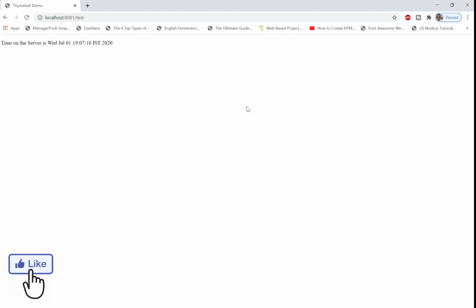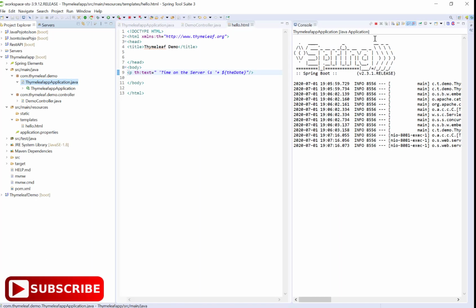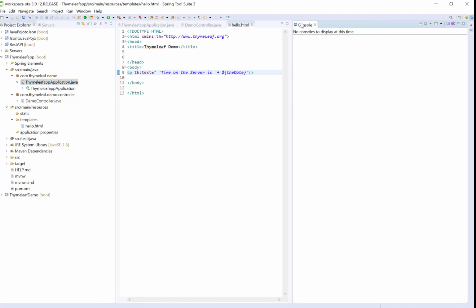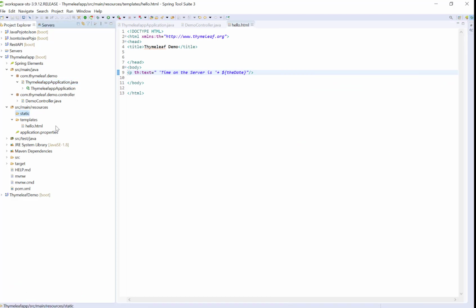Now I will apply some CSS for this project. Go to our project, stop the server. I am going to apply some CSS style for our project. To give the CSS effect, we need to create a .css file. We need to create it inside the src/main/resources folder.